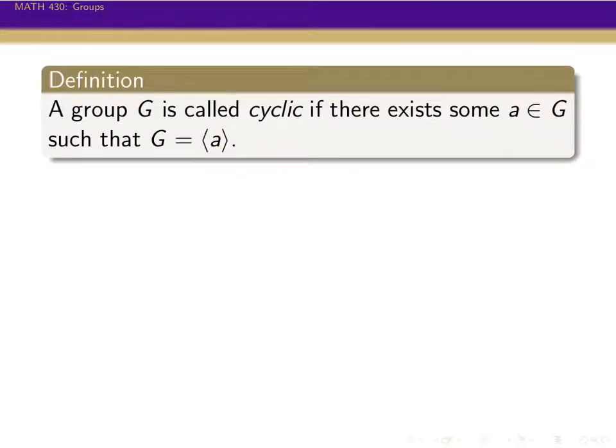So what is a cyclic group? Well, in short, we say that a group is cyclic if it's generated by just one element. Remember, we used this notation, the angle brackets around A, in the last video. Just recall that angle brackets A is the set, if our operation is multiplication, of all the integer powers of A,